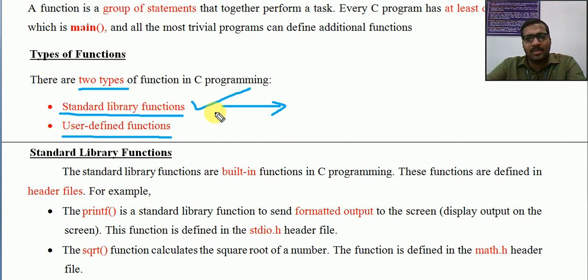Some functions are already defined. The task is already defined and that is stored inside the library. For example, printf is in stdio. Printf is a function; what is to be done with printf is already defined. Similarly, strcat is a string handling function, a predefined or built-in function that is a member of string.h, which is in some other library. So what is to be done is already defined.